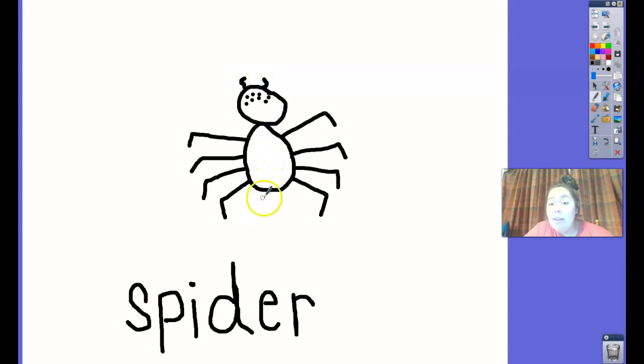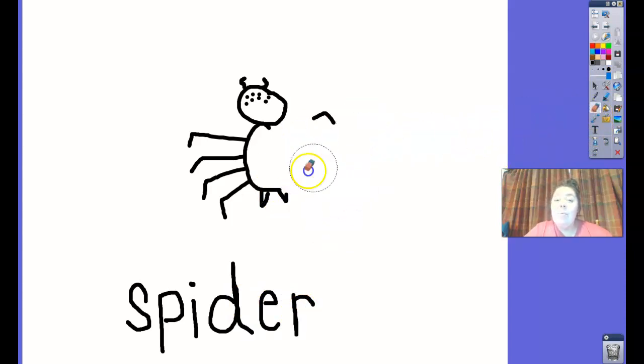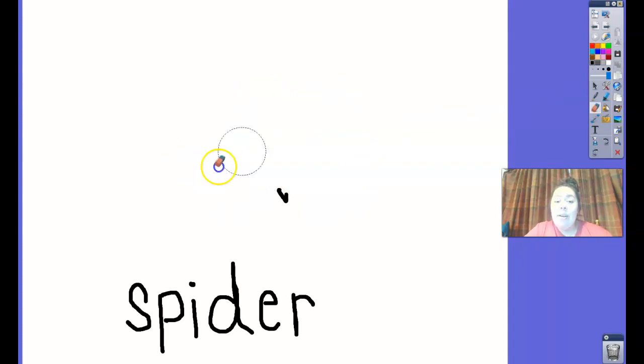And then spiders also have spinnerets. This is where their silky webs come from. So here's my word spider, and then here is my picture of a spider. Remember, you're drawing your spider however you want. Now I'm going to erase this because we're going to go to our next word. And our next word is going to be